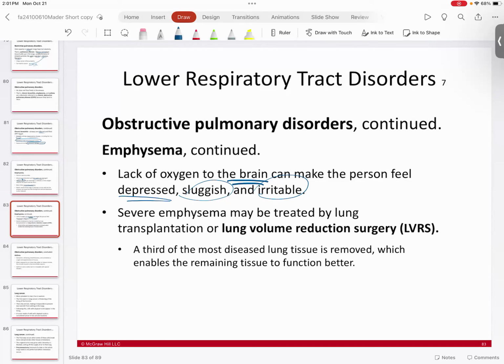And what that does is it removes physical barriers and allows targeted air delivery